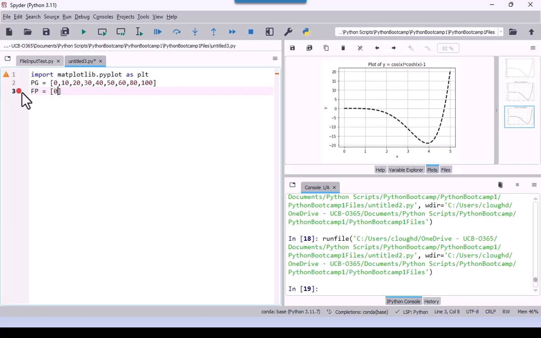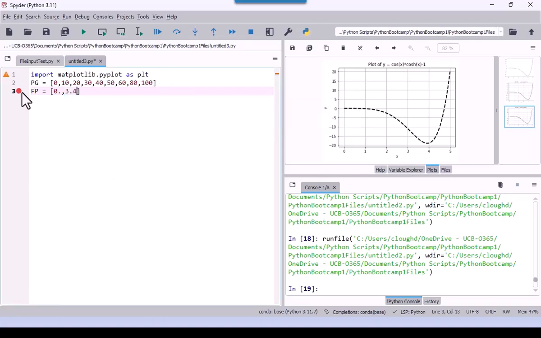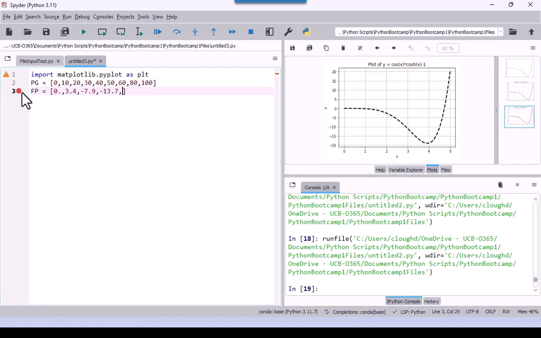And that's going to be 0, which is what water is when we don't have any glycol. And then 3.4, actually greater. Not much of antifreeze there. And then minus 7.9. And then minus 13.7. And then we're getting down now, minus 23.5. And so you're starting to see